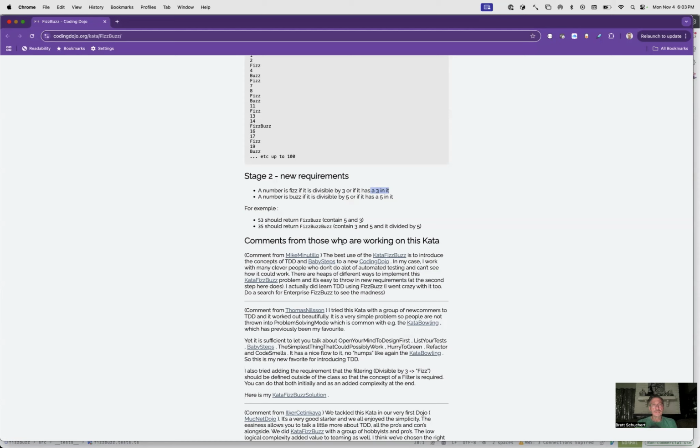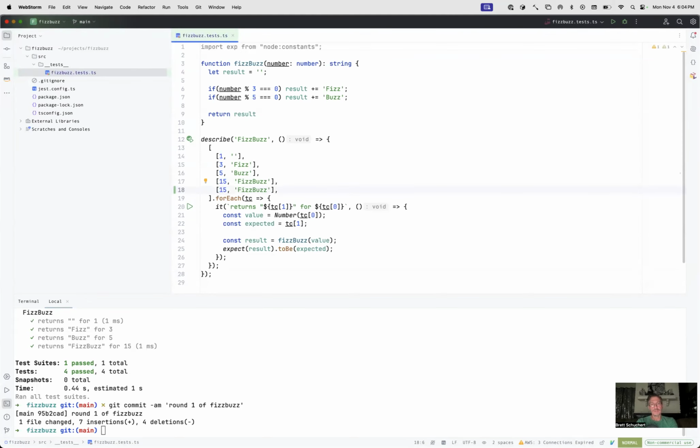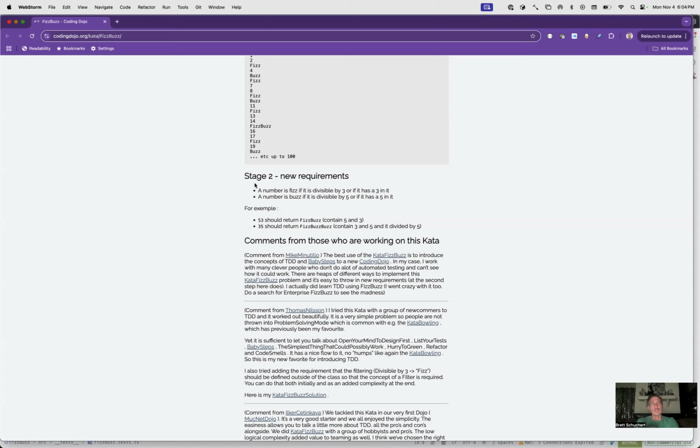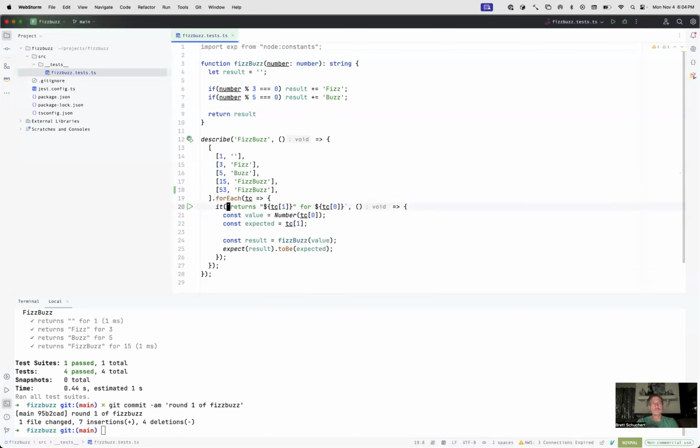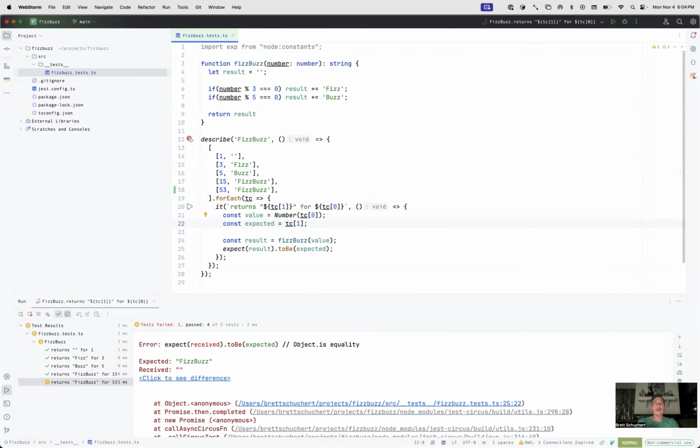Oh, interesting. This tells me what I need to know. So 53 is FizzBuzz. Okay, I'm going to just use this case right here. Heck with it. Don't guess, don't think, just do. So this is 53. And that expected value should be FizzBuzz. Okay, great. Now this is not going to work. Okay, good. Now, in addition,